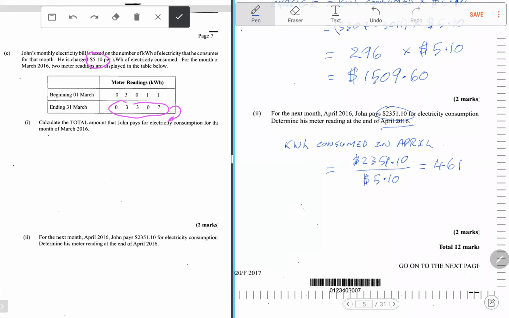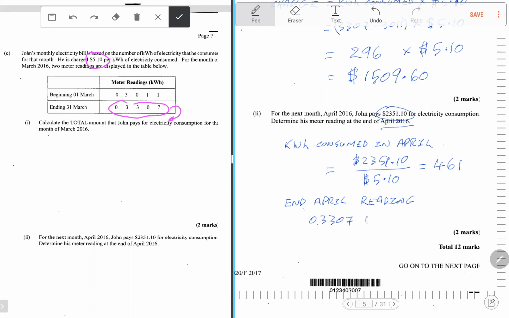461. That's the kilowatt hours that he used. And so the new meter reading at the end of April. All right, let's write it. End April reading is basically going to be the end of March reading, which was